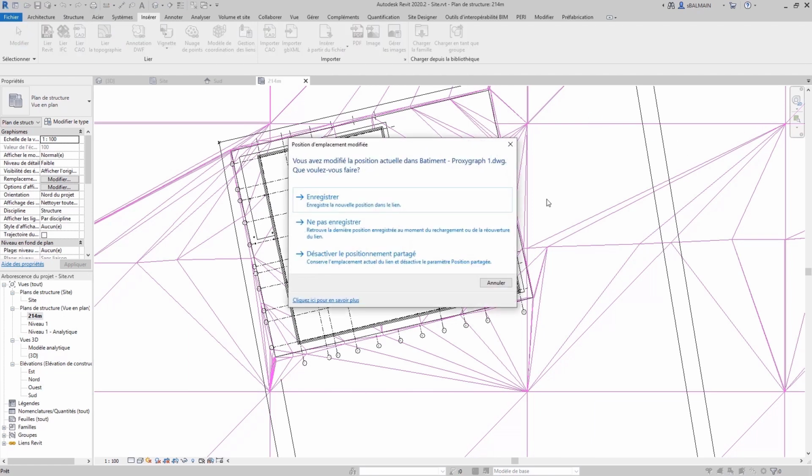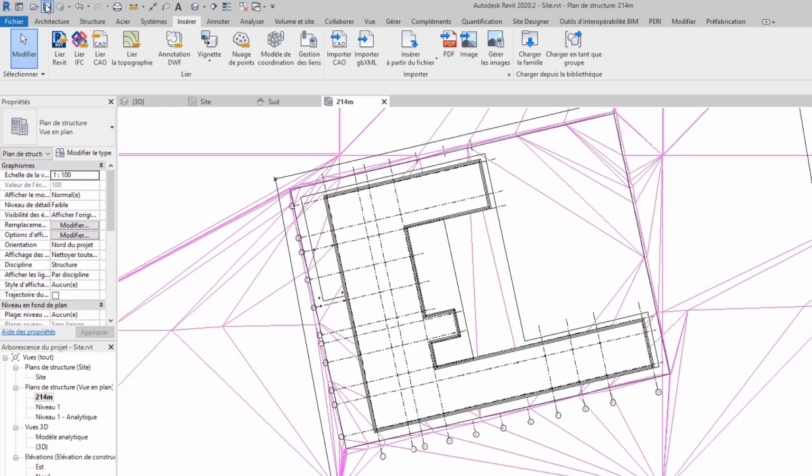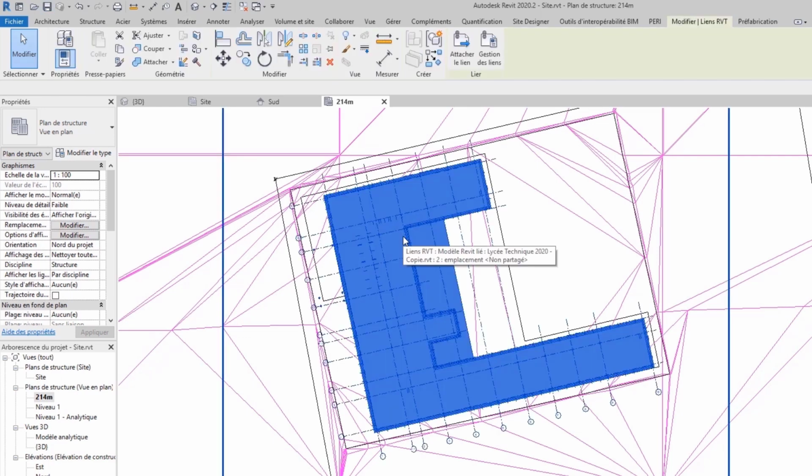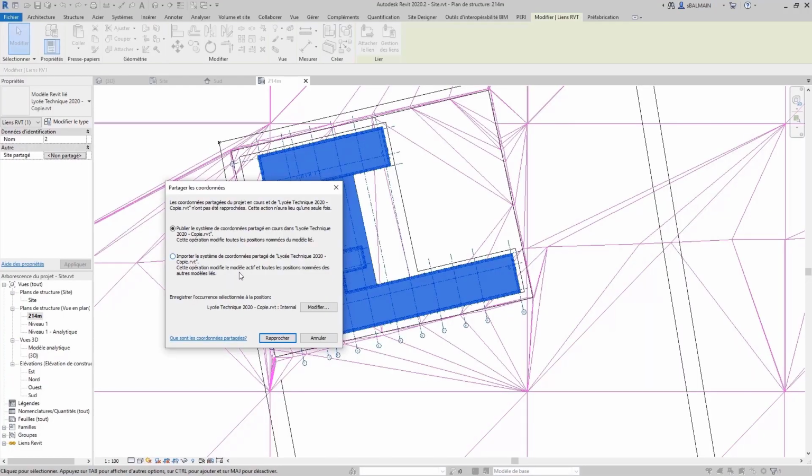So I will save my file, and now I will explain to the building file that you need to take the coordinates of my site file here.